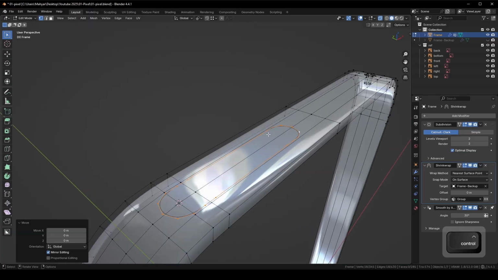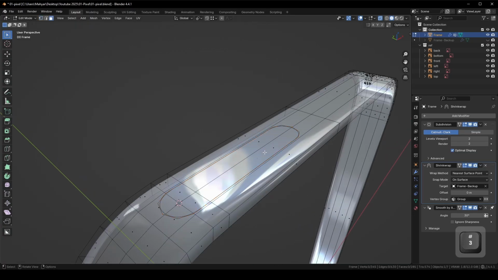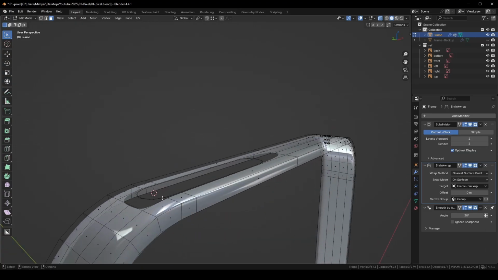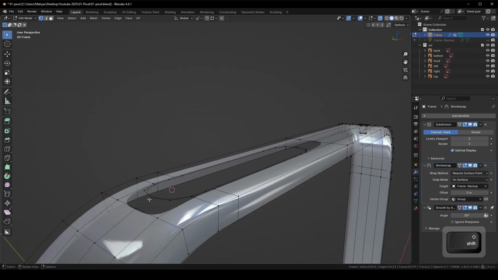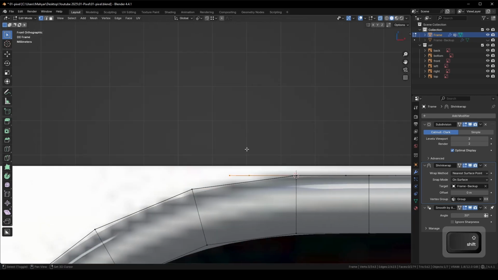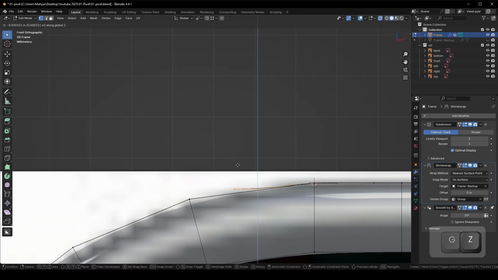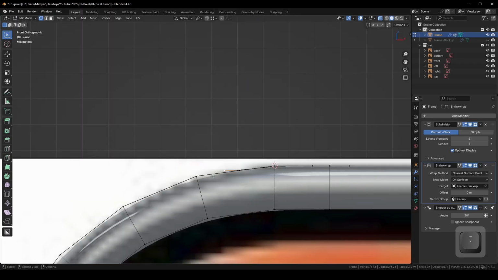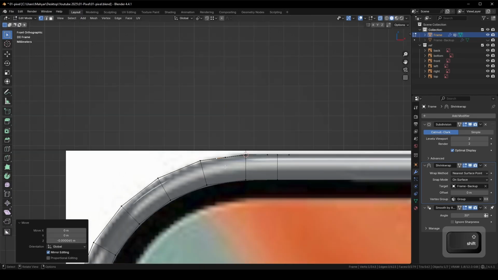GZ. I will delete these surfaces here. I will delete faces. Now, I will move these vertices down as close as possible to the surface. Deselect this one and remain only this one. GZ. Okay, now